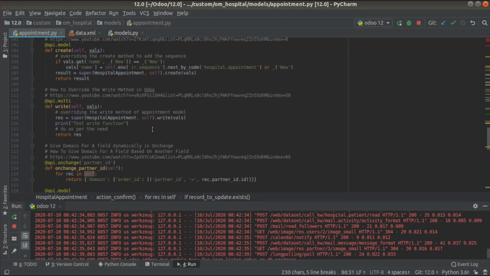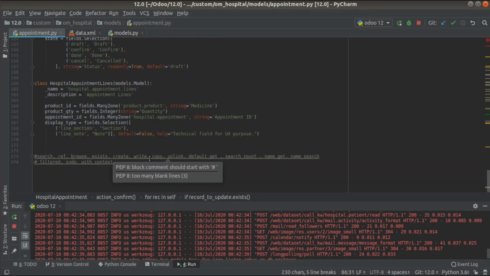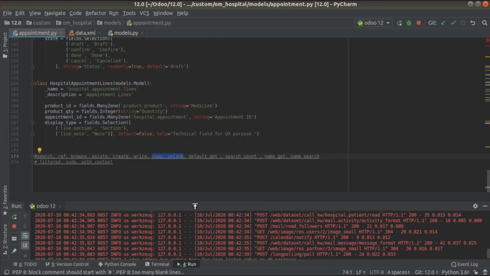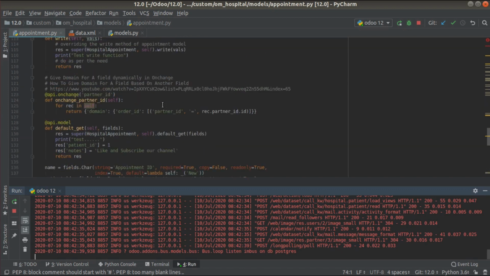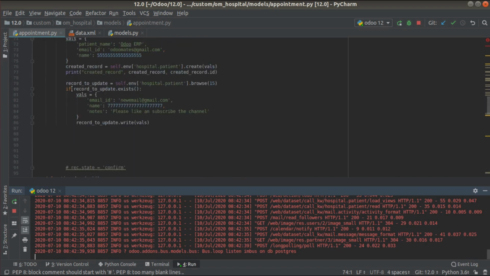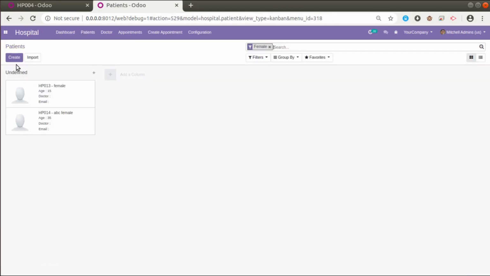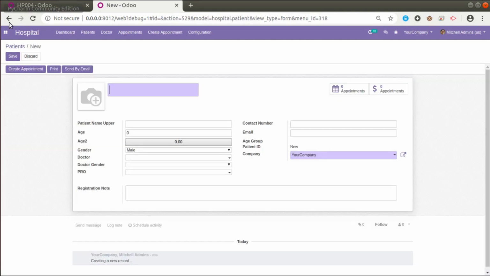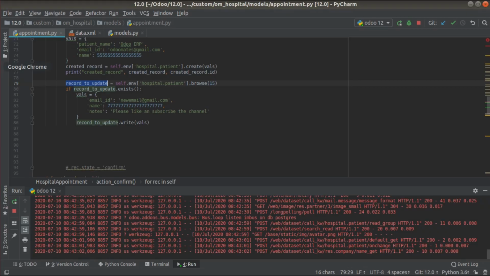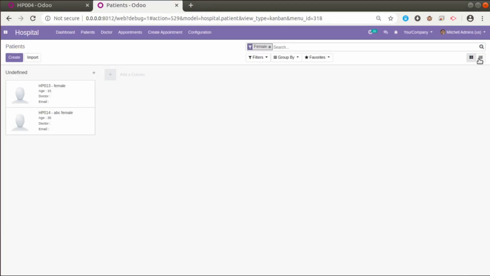We have two remaining, that is copy and unlink. If we need to create a duplicate, here we have got the create button. On clicking the create button, the create method is executed, and on clicking edit, the write method is executed.